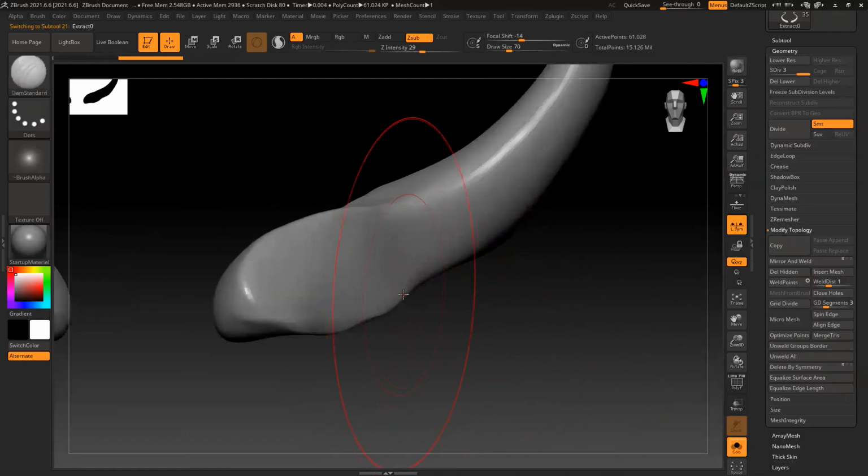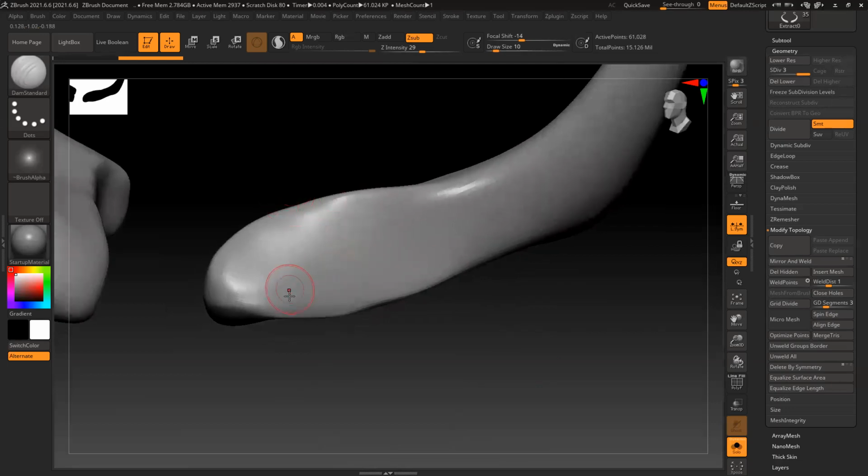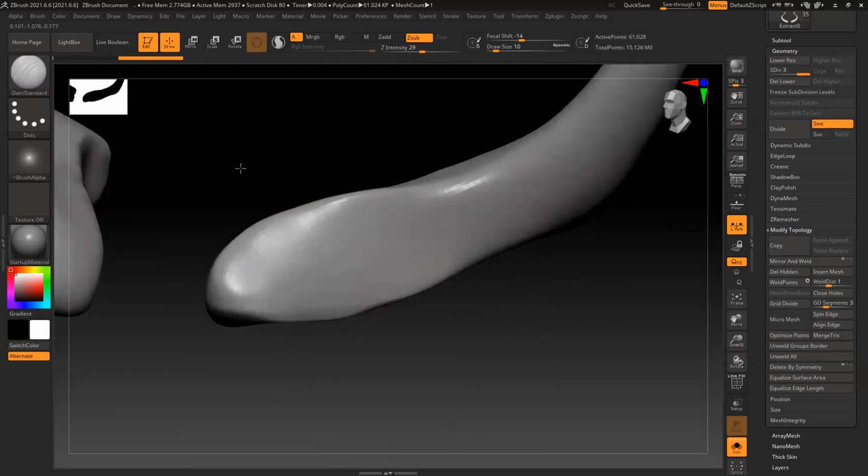So for this, if you want to import some alpha or download some alpha, you can use it for all the jewelry and these things. It is a much easier way rather than sculpting everything manually.